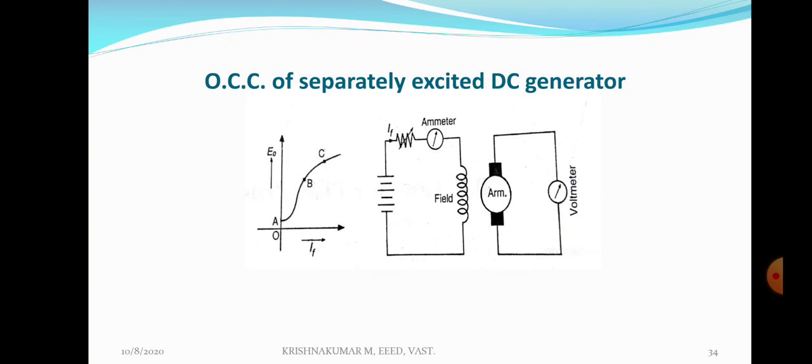So magnetization is low. The reluctance of iron is negligibly small, compared to the reluctance of the air gap. Reluctance of the air gap is constant. Reluctance of iron is negligibly small when the field current is very low, that is, flux and flux density are very low. Therefore, up to point B, the curve is linear. The reason for this linearity is that reluctance of iron is negligibly small and reluctance of air gap is almost constant. So no other factors come into this situation.